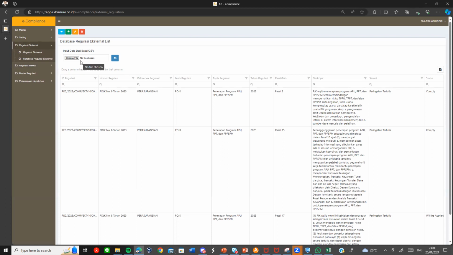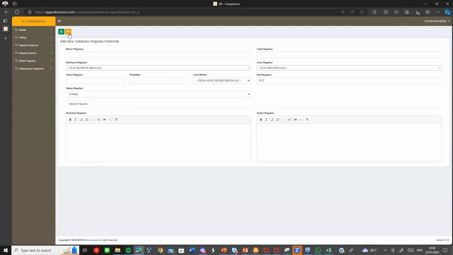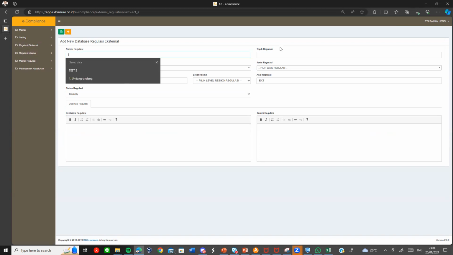To insert the data, there are two methods to use. The first one, we can add manually one by one using the add form in the system. If you want to choose that menu, you can click the add button here, and then the system will return the add form of the database regulasi. You just need to fill all the